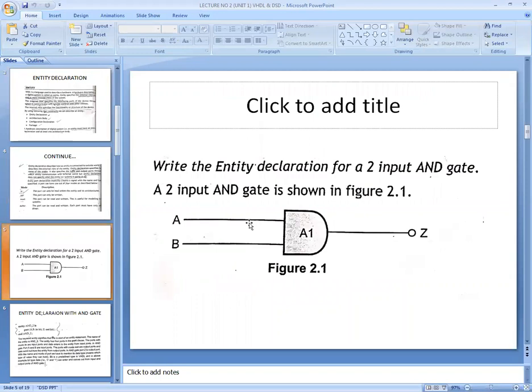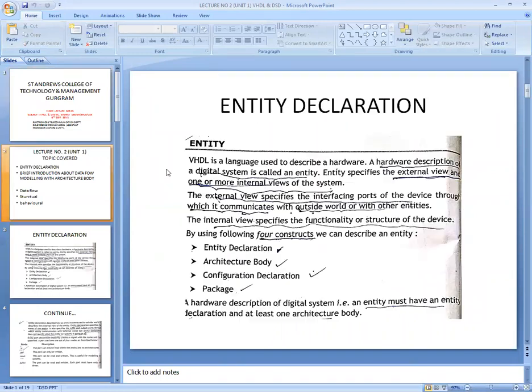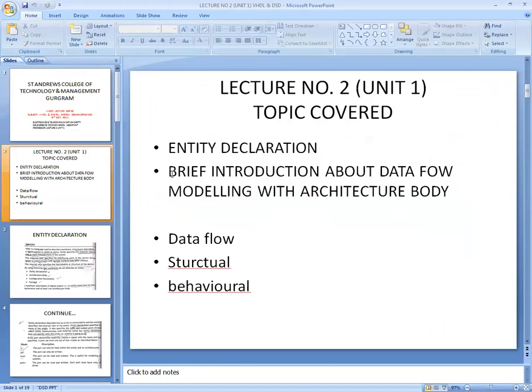The entity declaration part gives me the information about how the entity should be connected to the external world. So in that case, the entity declaration part gives me the information about the ports through which we connect to the external world. And the second one is called your architecture body.